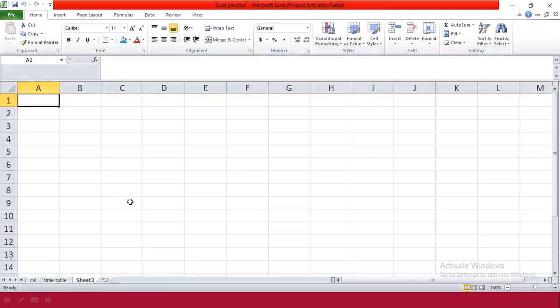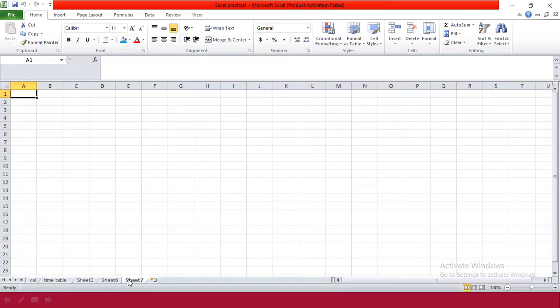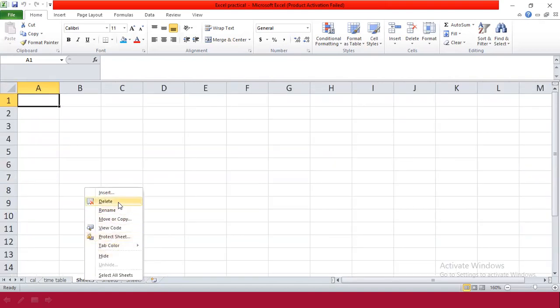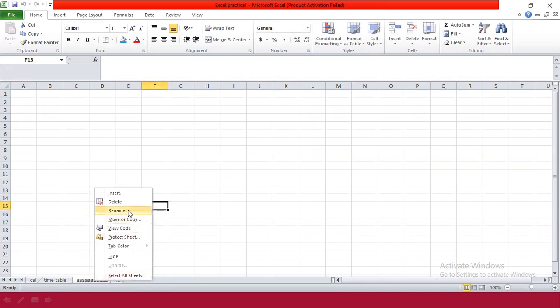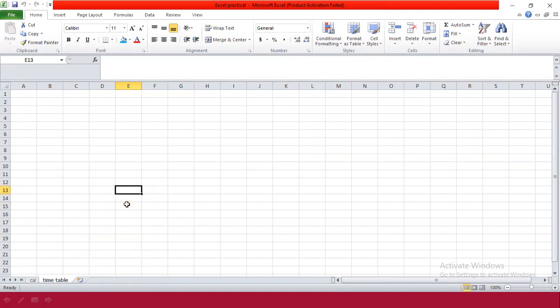First, how to add a worksheet? Click on this button, and a new worksheet will be added. How to change the name of a worksheet? Right click and change its name. If you want to delete, right click and click on Delete. For rename, you have to right click, go to the Rename option, and type the name you want to apply. Delete: right click on it, and the second option, Delete.